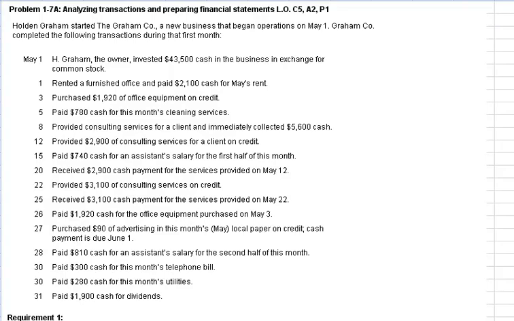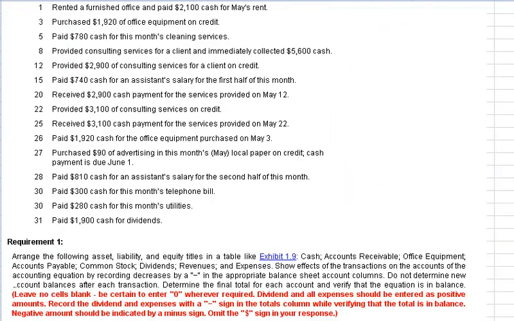Okay, hi everyone. Let's take a look at problem 1-7A, which asks us to analyze transactions and prepare financial statements. Now I'm reading just to the left of my mouse here. Holden Graham started the Graham Company, a new business that began operations on May 1st. Graham Company completed the following transactions during that first month, and we'll go over these in a minute, but let's